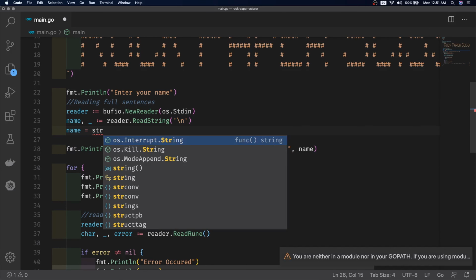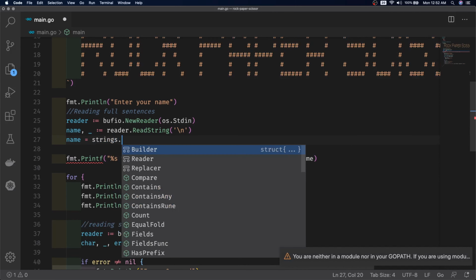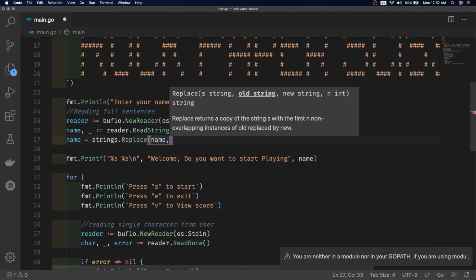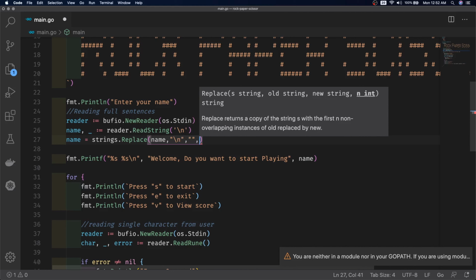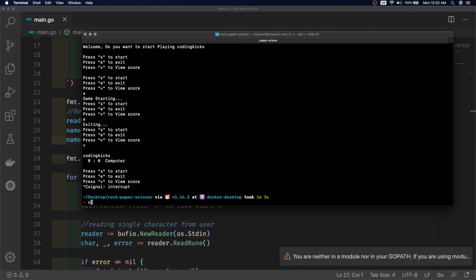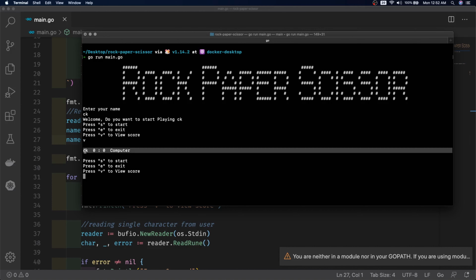To replace, we need the strings package which contains the Replace function, and this function takes a string, then old string, new string, and the integer n. So n is the first non-overlapping instance. Here I wanted to replace \n with a blank. Now instead of typing my full name, I'll just type ck, and yep, it's on the same line.